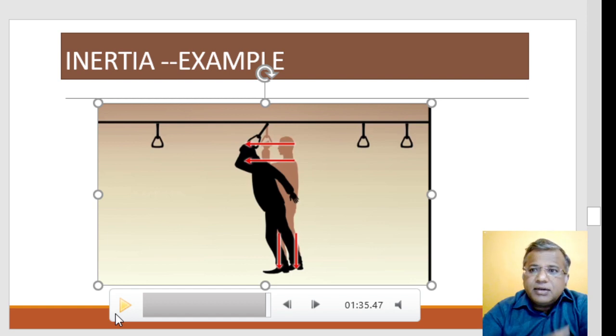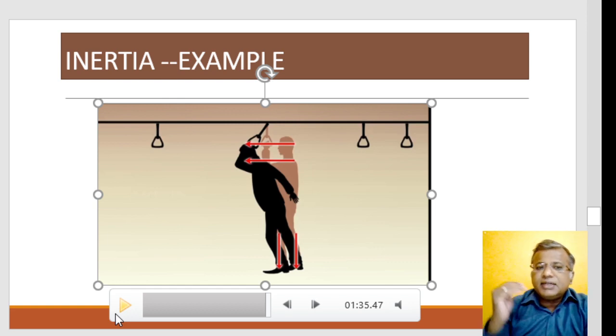Say for example you are sitting on your friend's bike and your friend suddenly starts the bike. Where do you feel the jerk, forward or backward? You will feel the jerk backwards, because your upper part of the body is at rest but the lower part of the body is pushed with the vehicle. Same thing, if you are going in a vehicle sitting behind and suddenly brakes are applied, you tend to move in the forward direction, because you are maintaining the direction of the motion, as seen in this example.